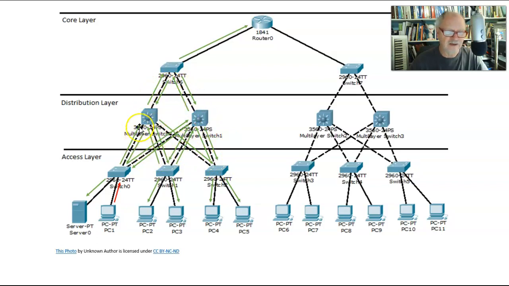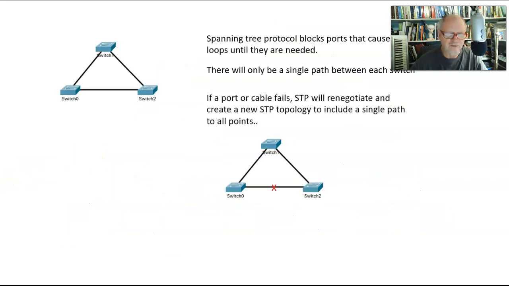We have a loop. We have redundant links, and these switches, let's take these 4 switches, are constantly going to be sending these frames around in a big loop, and it's going to be going backwards in here too. So we're going to have constant loops going on here, and we have what we call a broadcast storm, which will bring the network down in no time at all. So what we need is a way to turn off those loops.